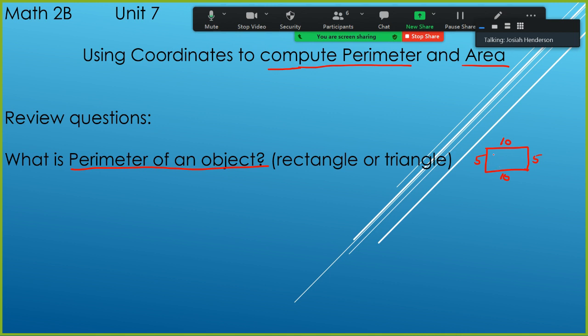In this quick example here, I've got a rectangle with a height of 5 on the left and right, and then the length of it on the bottom and top is 10 each. So the perimeter would be adding up all those distances around the object. So what would this be? This would be 10 plus 5, 15, and then another 15 for a total of 30